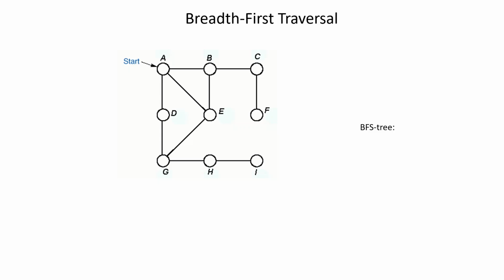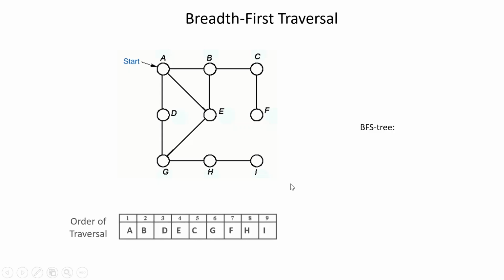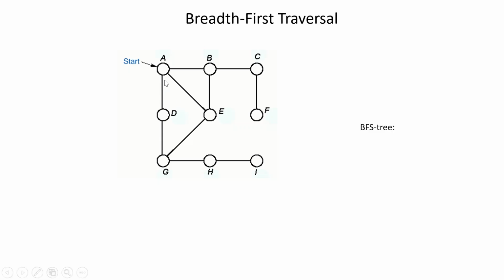Then after that, what will we be doing? You write down as we do it. I only have the final one. So here, after visiting A, which are the adjacent vertices of A? Ma'am, D, E, B.